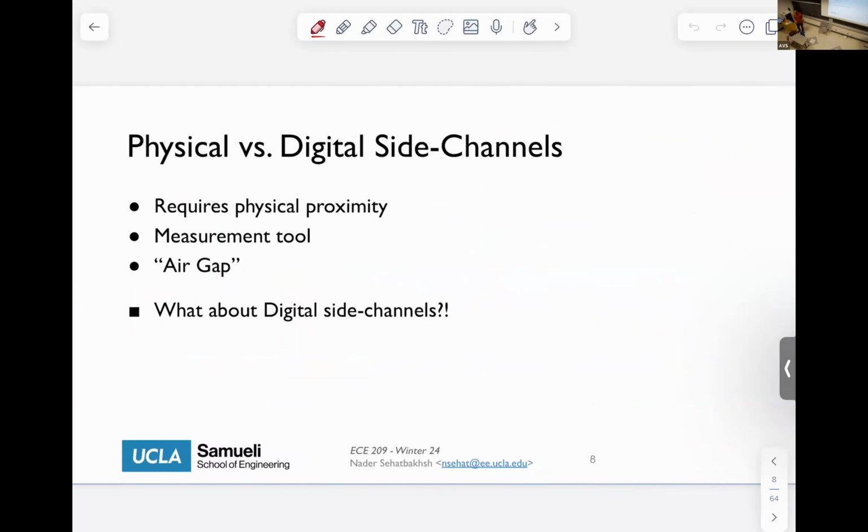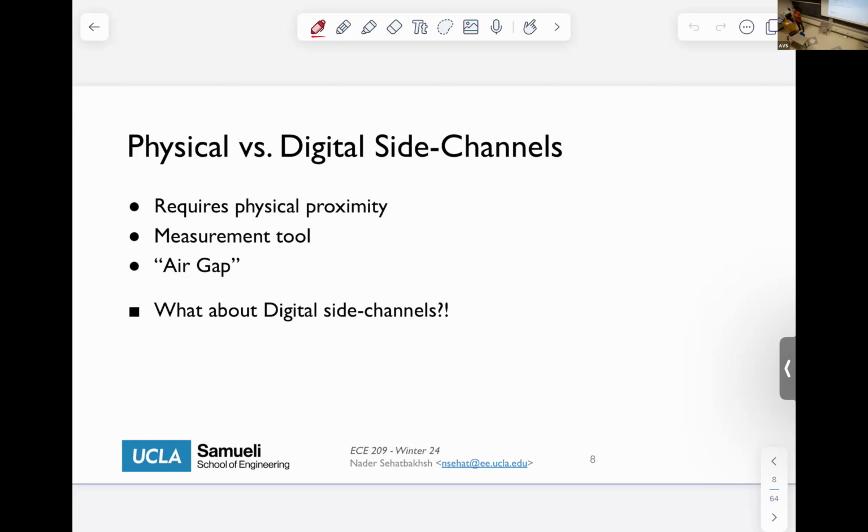The big difference between them was that physical requires some physical measurements, obviously. You need some measurement tools, versus the digital ones that we're not going to talk about much in this class, which is when you're sharing the same hardware resources and not necessarily using any physical devices. The main difference between them is you can technically eliminate digital side channels by using air gap computers,